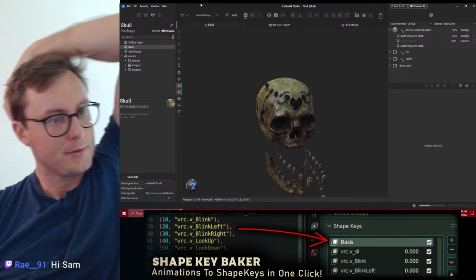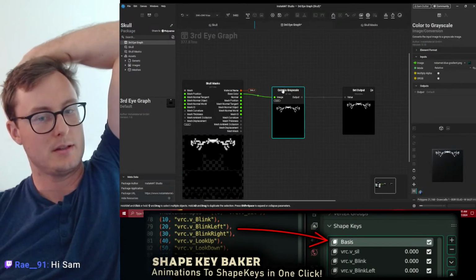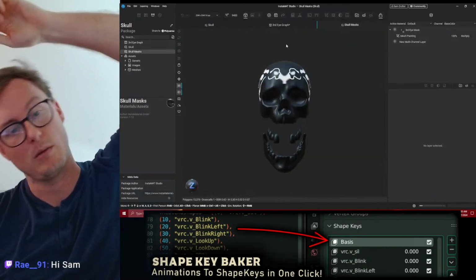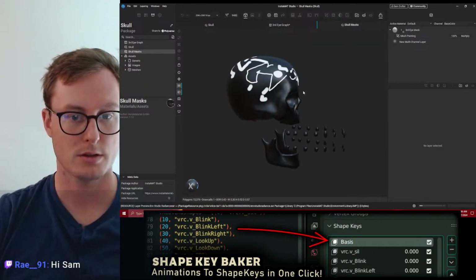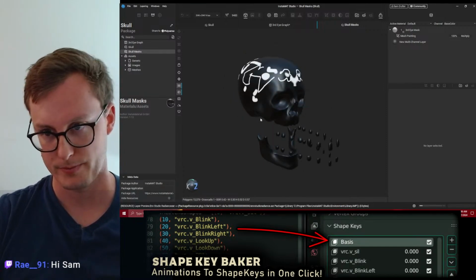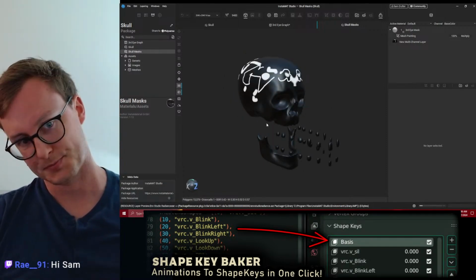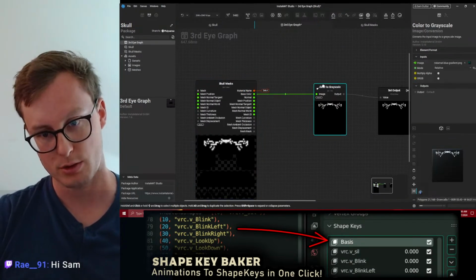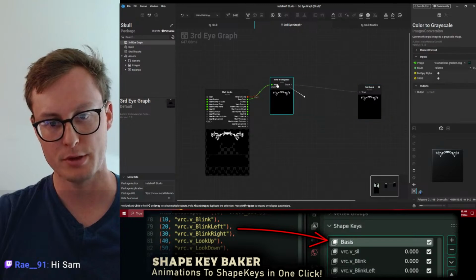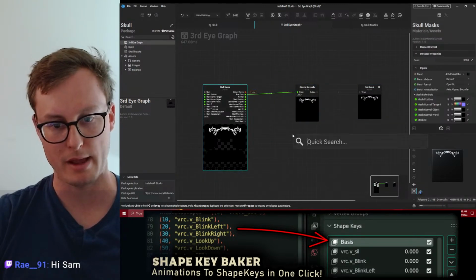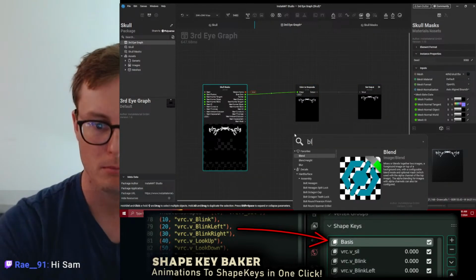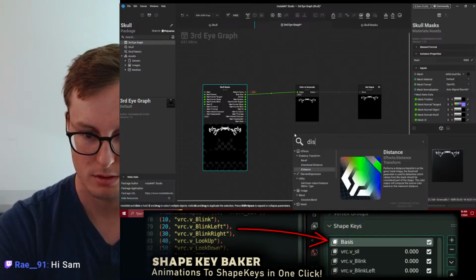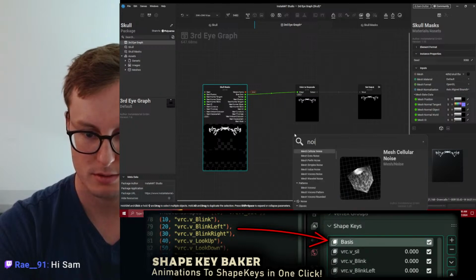But yeah, through these graphs, what's super interesting about this compared to Substance Painter is that you can make a mask on one version. So you can go, this is my input image. Then you can take that whole mask that you made and feed it into a graph. And through this graph, you can do pretty much an endless amount of stuff. Say distort or noise.